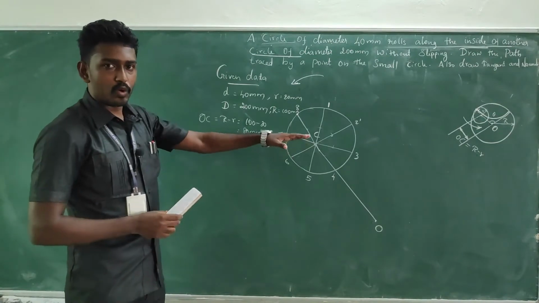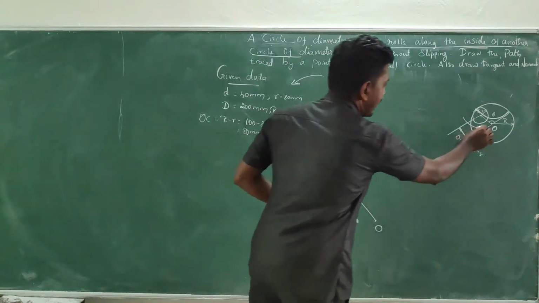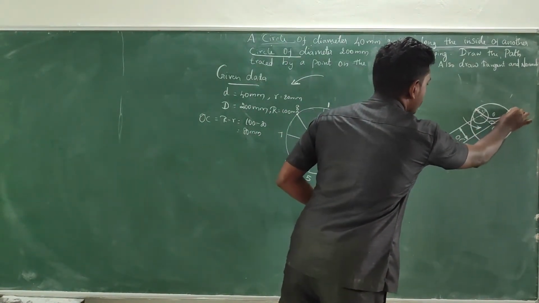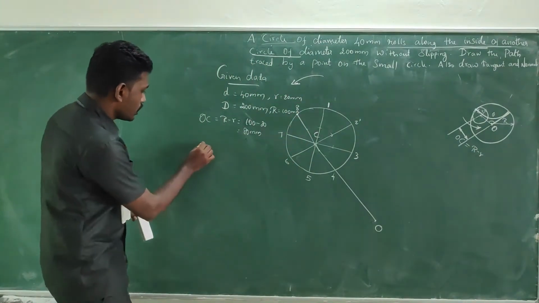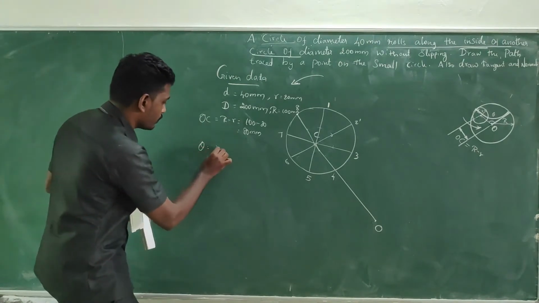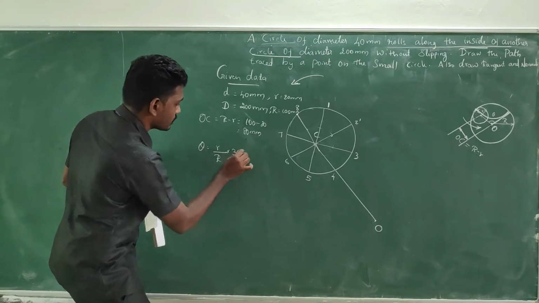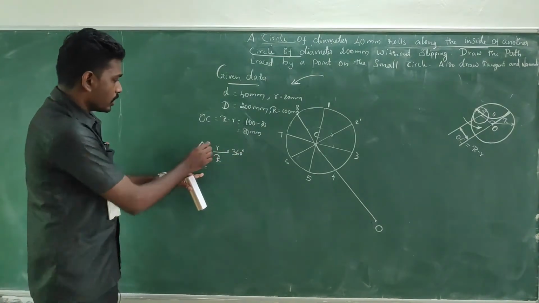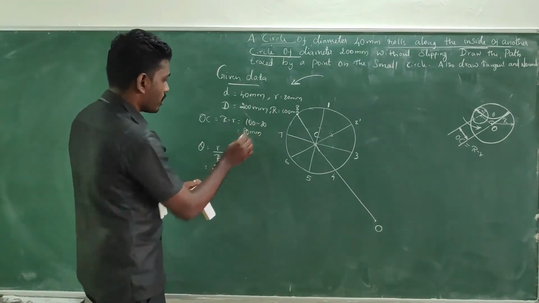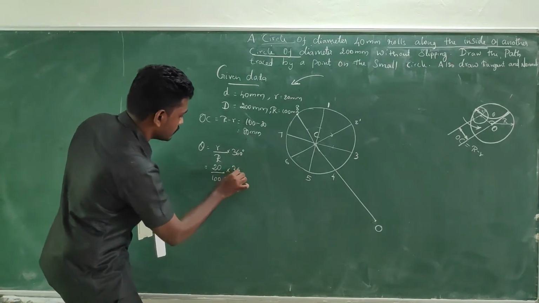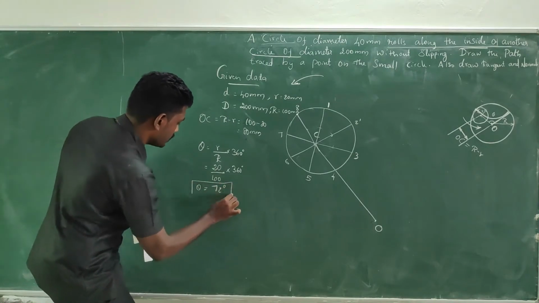After drawing the rolling circle and the numbering, we have to draw the end line. This is the end line for one complete revolution. So we must know the theta angle, for which we know the formula small r divided by capital R into 360 degrees, just like the epicycloid. Do the calculation. Small r is 20 and capital R is 100, into 360. If you do so, you will get 72 degrees as theta, 72 degrees.